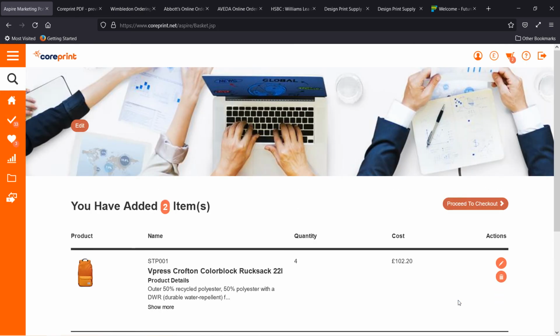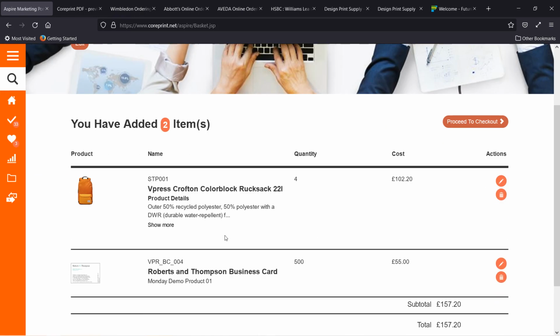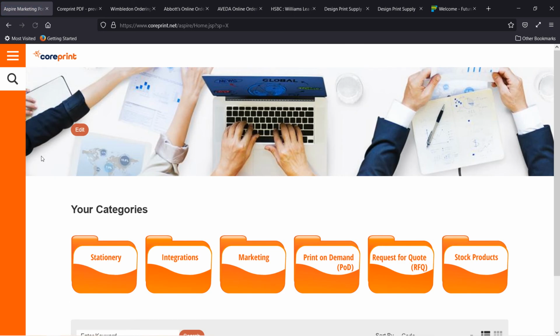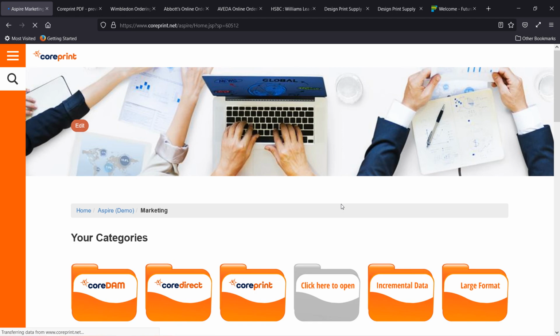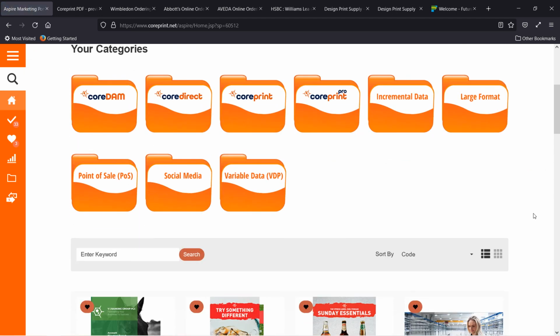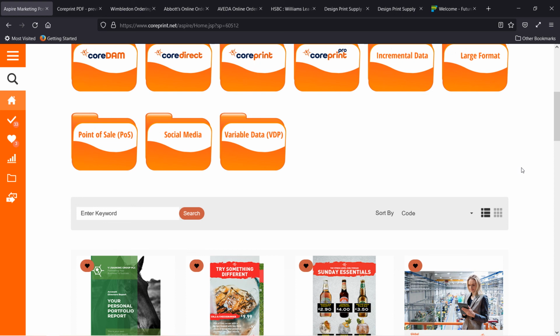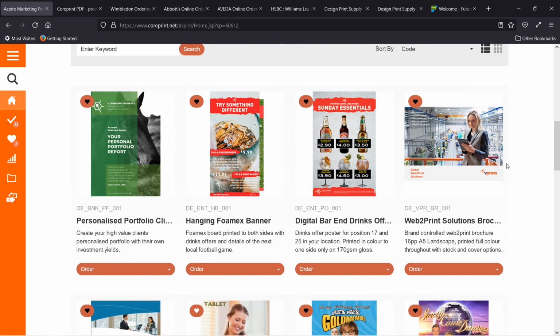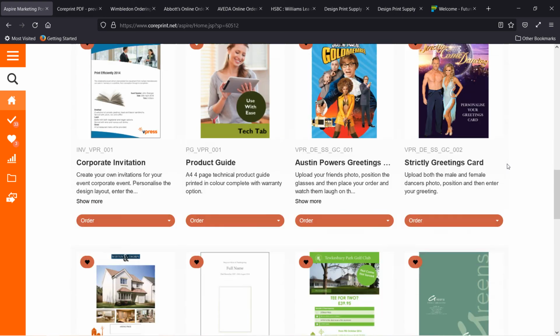So now I've got two products. I've got the rucksack, which was a stock product, and I've actually got the business card added to my basket. I'm now going to go back to my home page, and I'm going to look at a different way of editing the item. So here I'm going to go into marketing, and I want to have more engagement within the actual product I want to amend. So as I scroll down here on screen, you can see I've got a whole range of different kinds of templates,